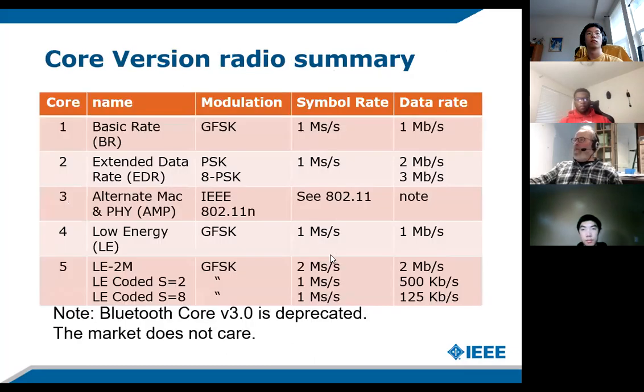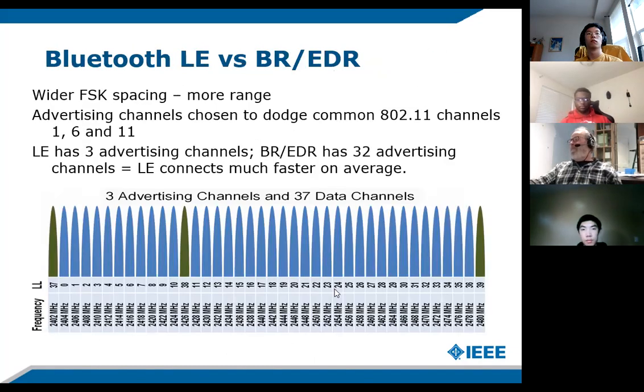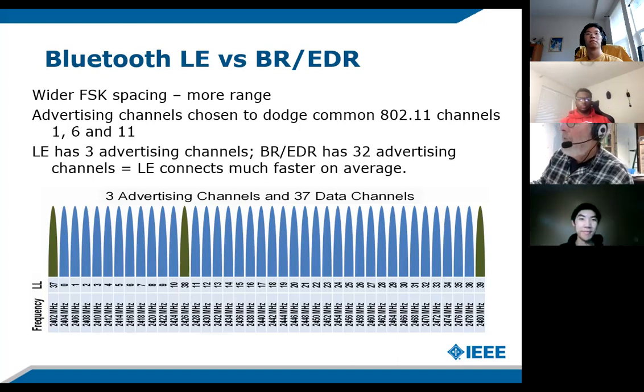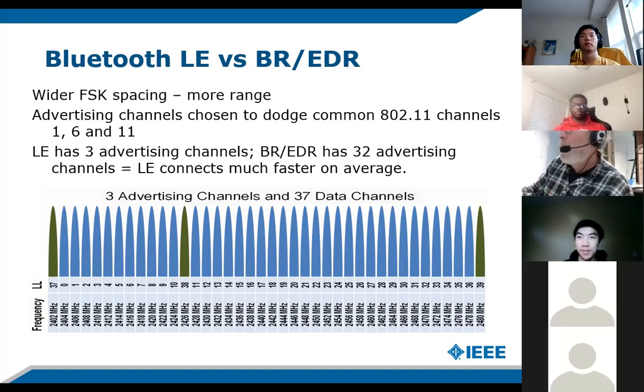I want to point out something else on this chart here. How many people here on this call have already studied 802.11? There might be none. Like actually studied it, or just kind of heard a little bit about it? In the oldest versions of 802.11, it was only an ISM band, and it had a channel here, and a channel here, and a channel here.